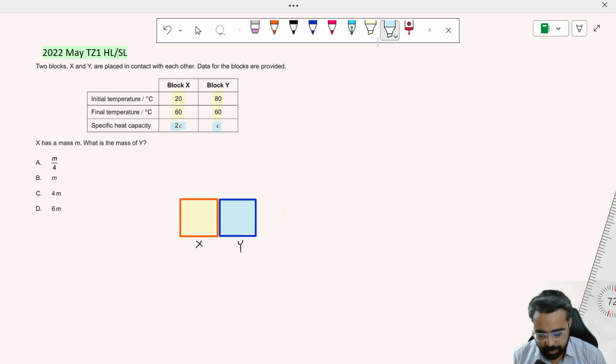So if the mass of the block X is m, then what will be the mass of block Y? And we will find out. First of all, we want to make some equation which we can solve algebraically to find the mass of Y, but we need some foundation principle, some law, or some important assumption that I'm going to tell you now: we are going to assume that this system is thermally